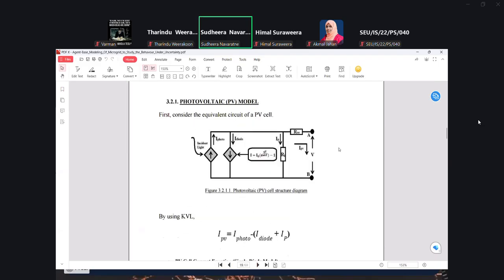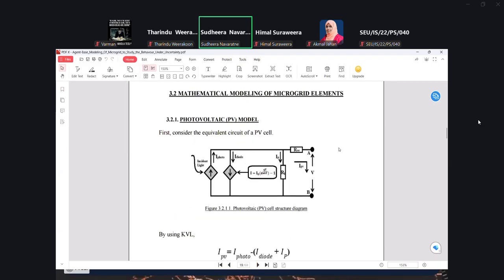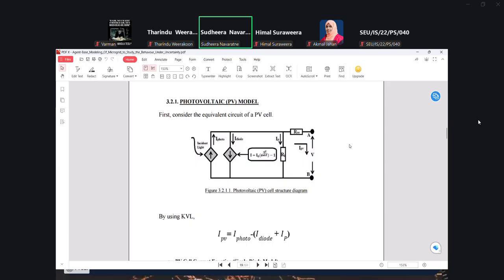So in order to model each of these agents, for an example, this is a modeling of the photovoltaic agent, or the PV agent. Electrical students are very familiar with the mathematical model of the PV system if they are doing power engineering.